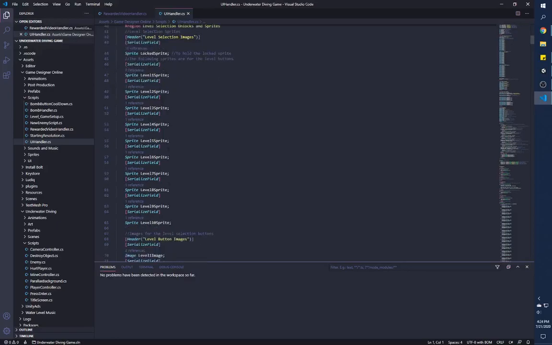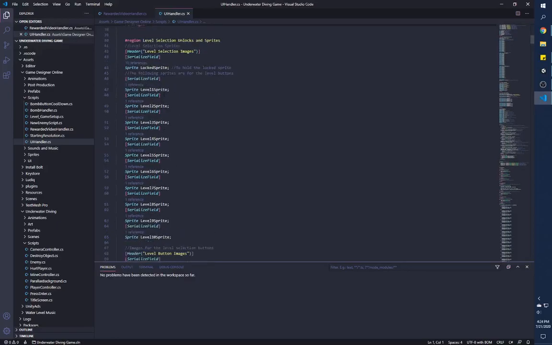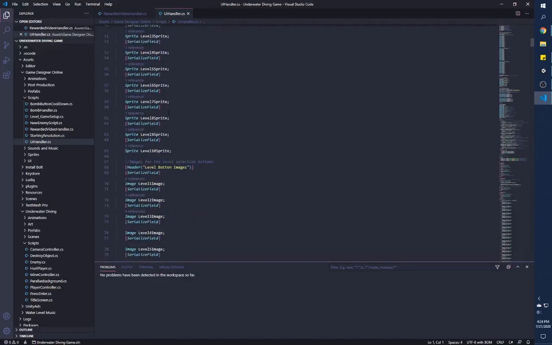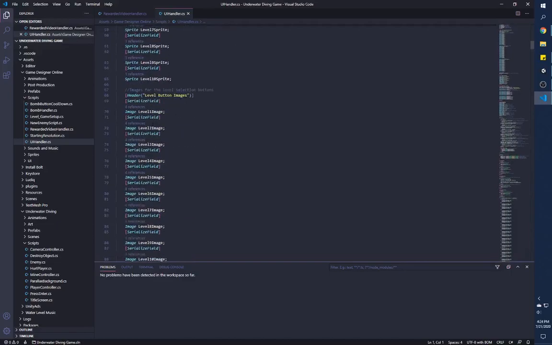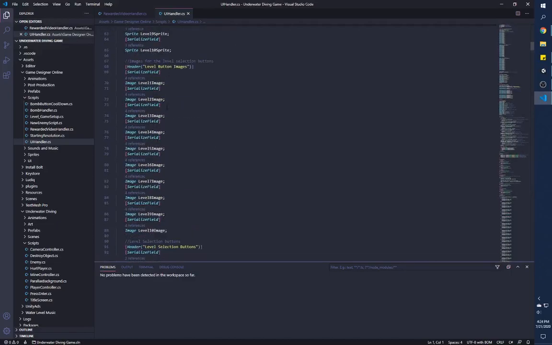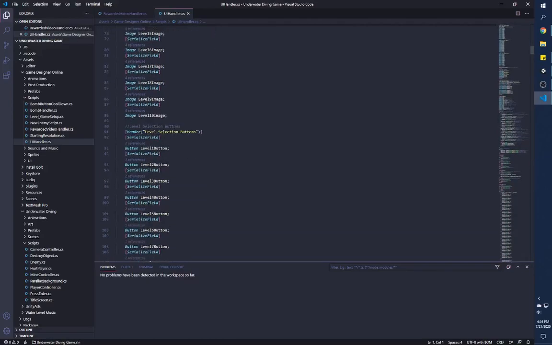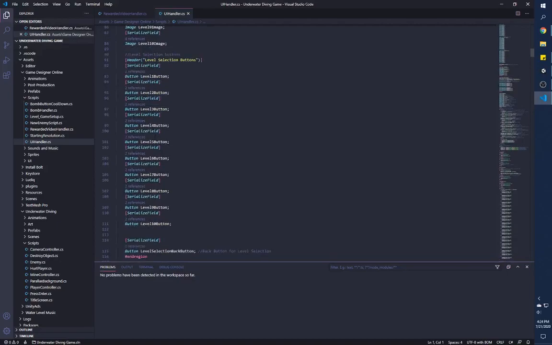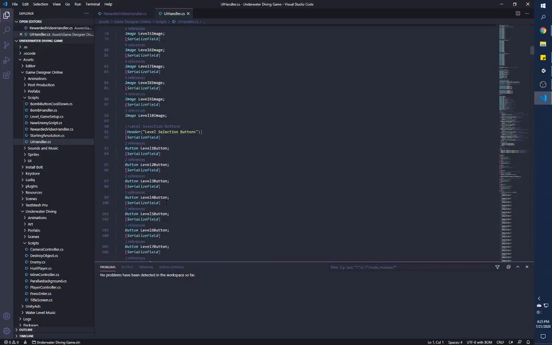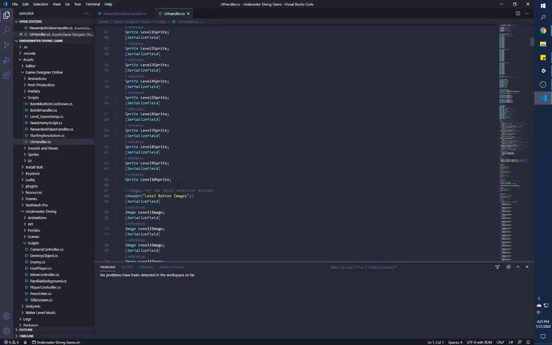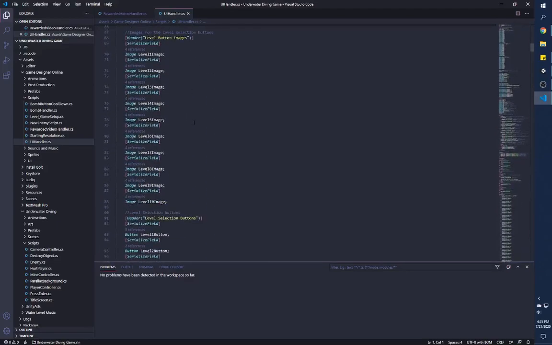These are the level selection images, which handle whether or not the level is unlocked. Then we've got level button images, which is here. These will hold the level button images, and these are the level selection buttons. These are all of the buttons for the level selection. They'll basically be inactive when a level is not unlocked. Other than that,